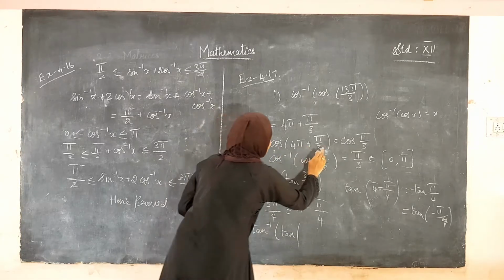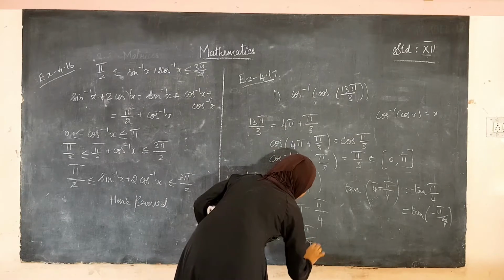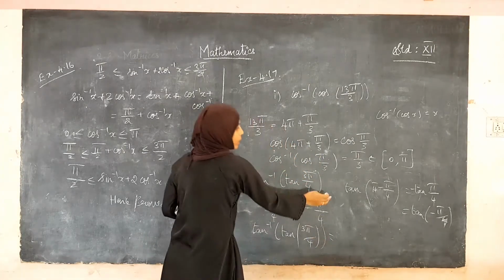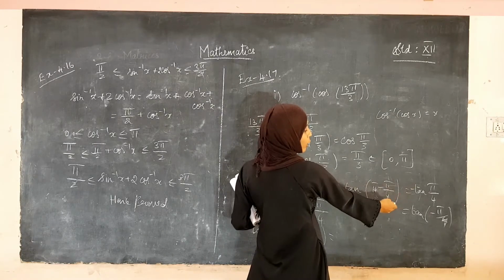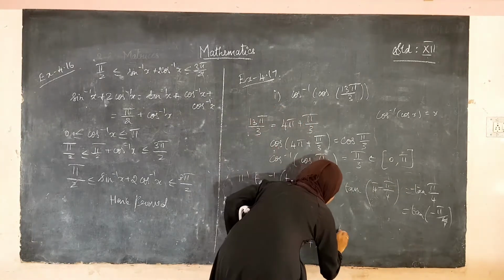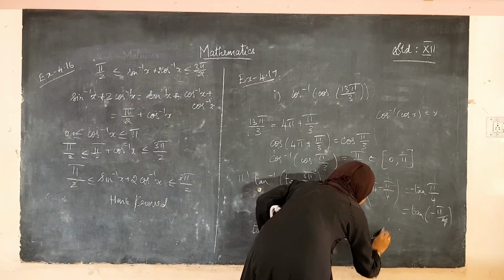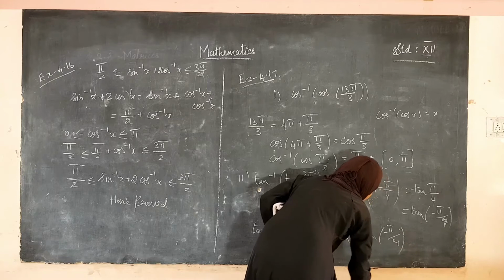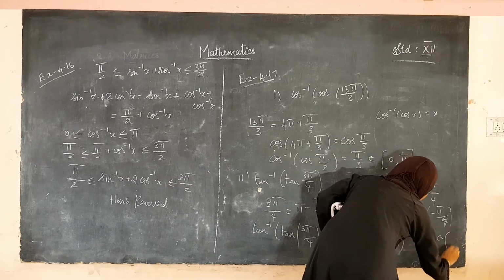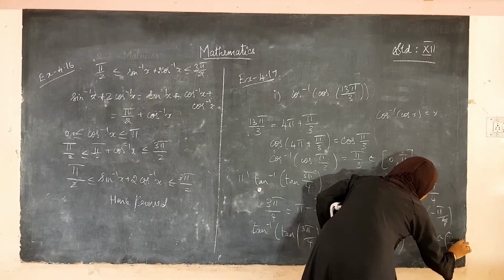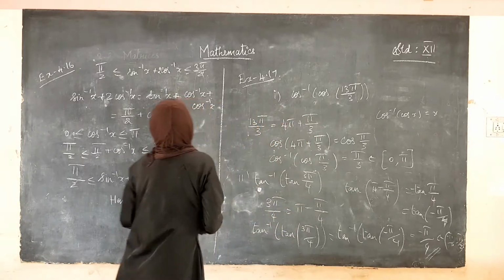What's the given question? 3 pi by 4. Instead of 3 pi by 4, what we took? That can be written as tan of pi minus pi by 4. That can be taken as tan of minus 3 pi by 4. Tan of minus pi by 4. Tan inverse of tan of minus pi by 4. So, using that property, you will get the answer as minus pi by 4. This minus pi by 4 belongs to minus pi by 2 comma pi by 2. Hence, this is the answer. Minus pi by 4 is the answer.